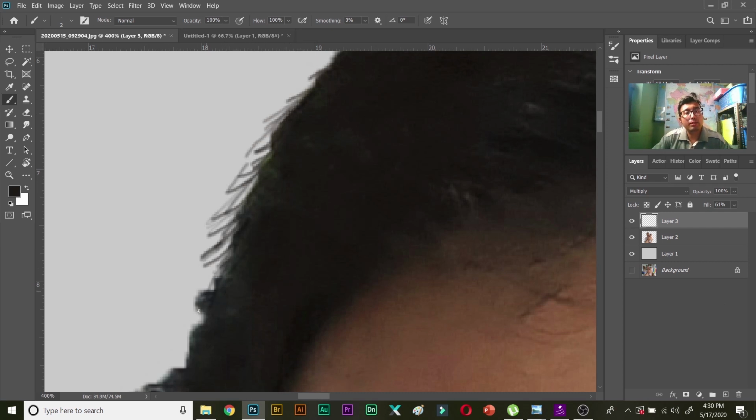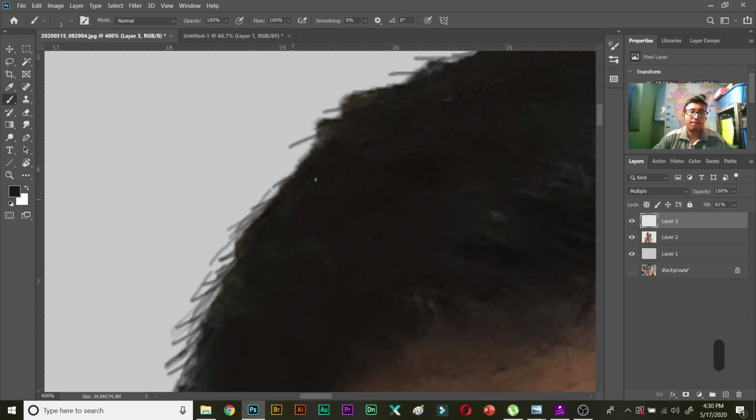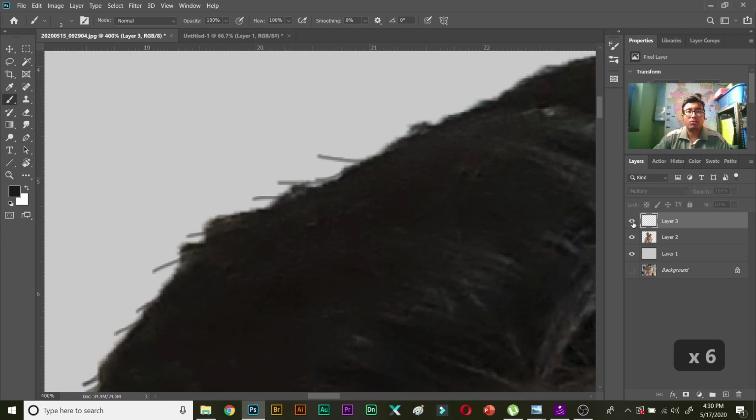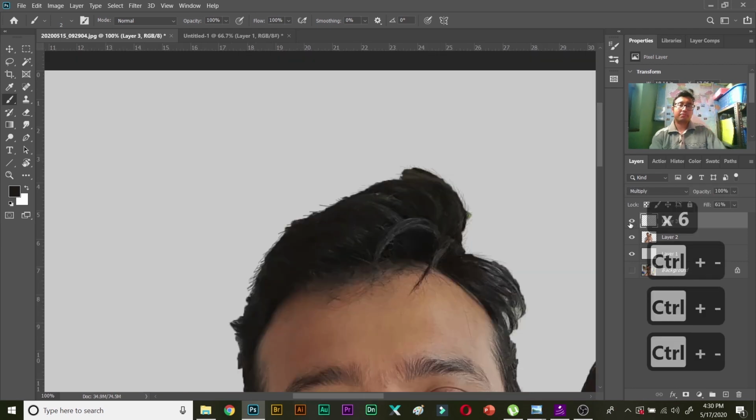You need to make it look natural. So you can see I can switch on and off the layer. It was so rounded and now it is looking so good.